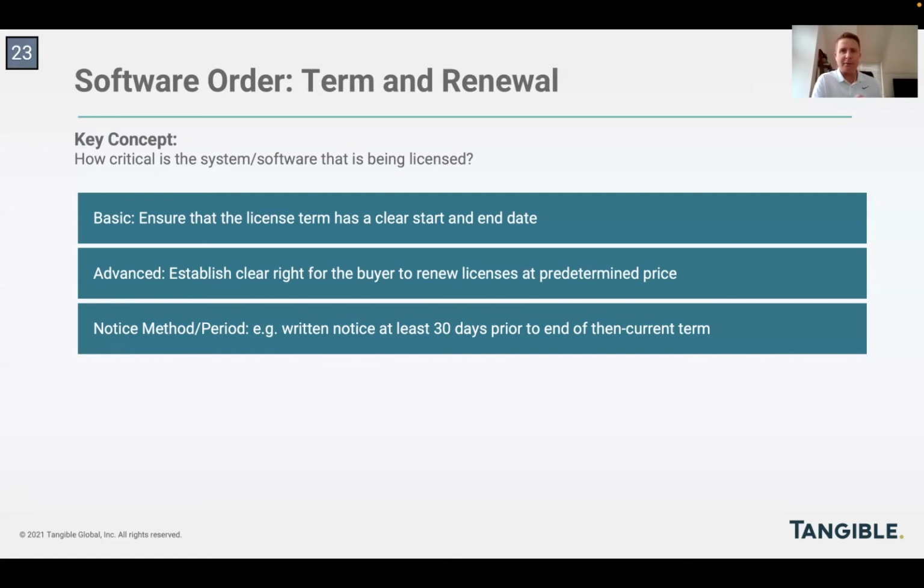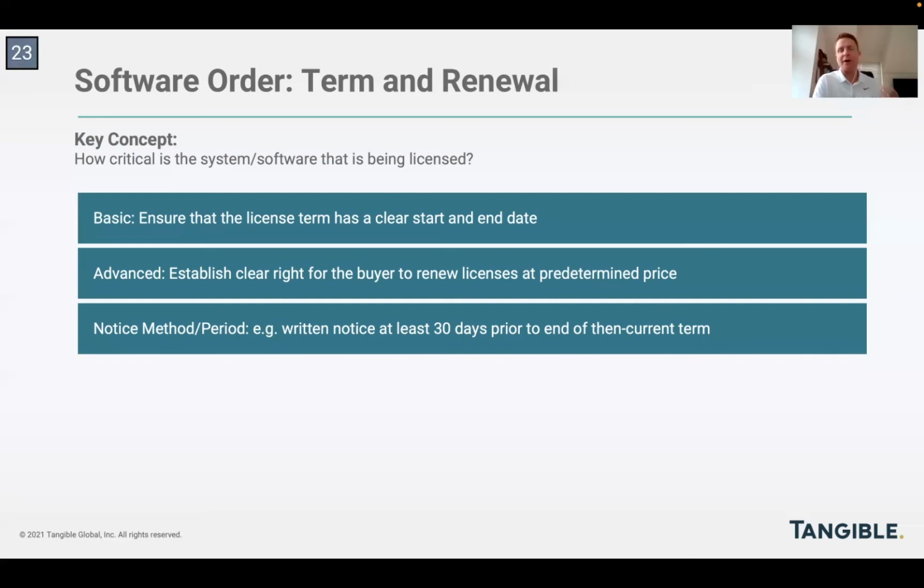And oftentimes the vendors will be on board with this because generally vendors want customers renewing and continuing their relationship. So vendors will be willing, to a point, to agree to make it convenient and easy and smooth for a customer to sign up for additional terms and ensure that business continuity. So in addition to establishing exactly what renewal rights and pricing your buyer client has, you need to also consider what the method and the process is for exercising those renewal rights.